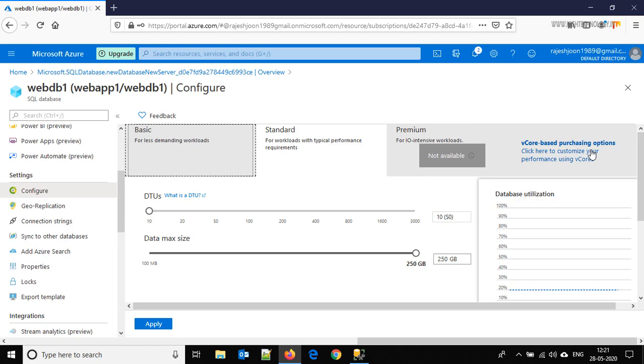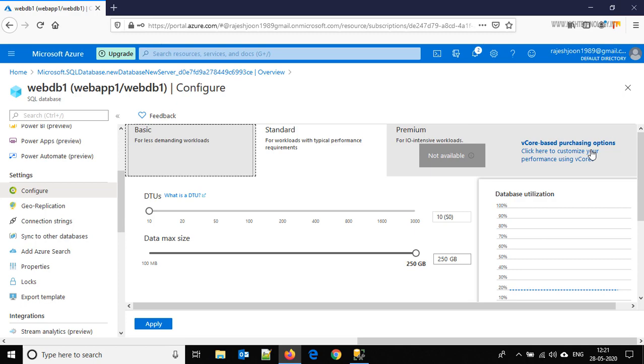With the provisioned compute tier, you choose the exact amount of compute resources that are always provisioned for your workload. With the serverless compute tier, you specify the auto scaling of the compute resources over a configurable compute range. So this is the vCore based purchasing option.